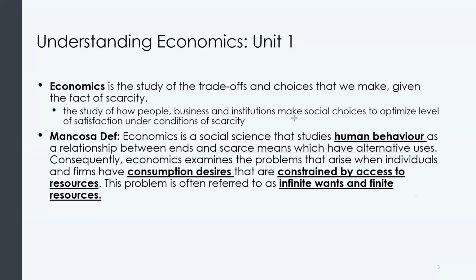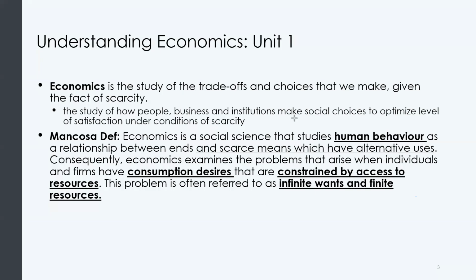Now, let's bring it to you as an individual. For example, you have a salary, right? Let's say that you are earning 30,000 Rand. That is your salary that you're earning in a single month, right? So with the 30,000 Rand that you have, you cannot buy everything. So because you cannot buy everything, you have to choose what you buy. You have to choose the accommodation that you use. You have to choose the clothes, the cars, the food that you buy because of the limitation. So that limitation also applies to the country as a whole.